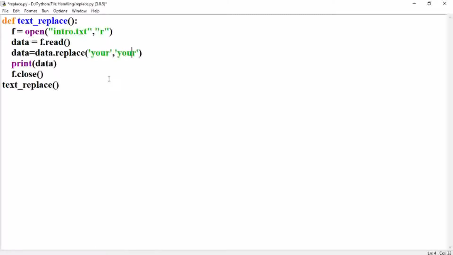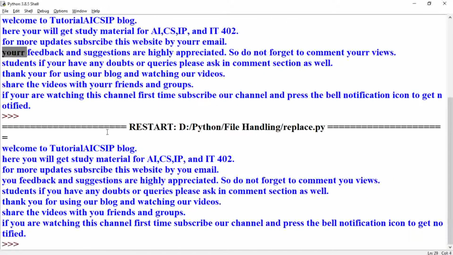So that will be replaced with the same content. So in this manner you can replace over here, but it is not written in the original file. So if you want to write the same thing in your original file, what you have to do, you have to simply